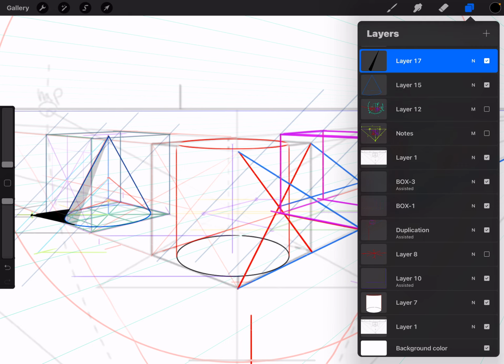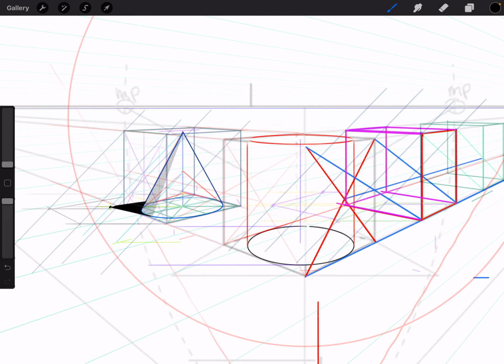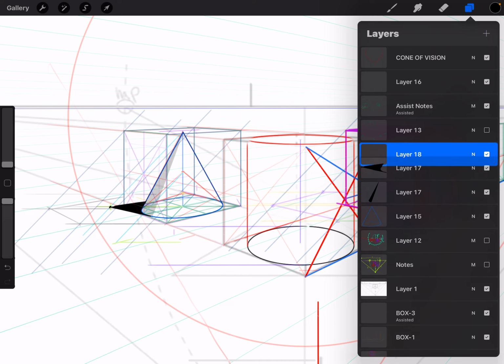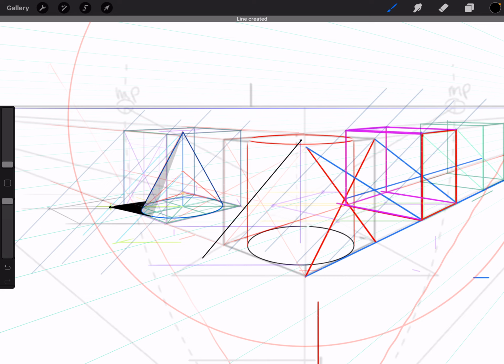So let me refresh you on the shadow. Basically we divided up the bottom, drew an ellipse, divided up the top, drew an ellipse, and then for the shadow, my shortcut was to, let's do a new layer real quick. So I'm copying this lower ellipse and scooting it over so that the top of the axis of the cone,